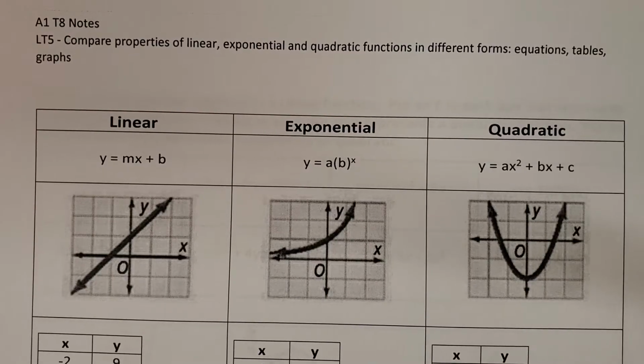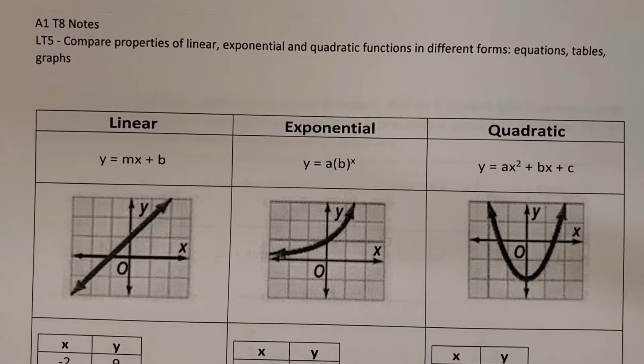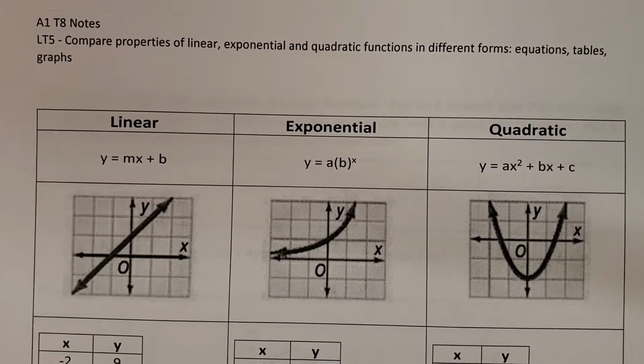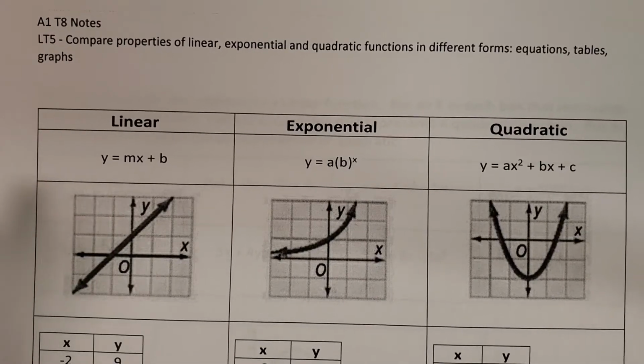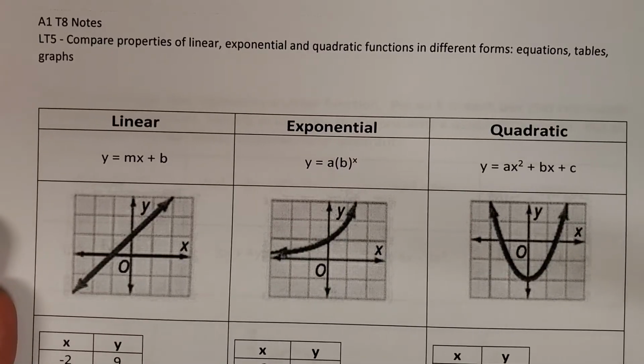Today we are going to talk about learning target 5, which is comparing the properties of linear, exponential, and quadratic functions in 3 different forms: equations, tables, and graphs. So you're going to have to look at a graph, a table, or an equation and determine whether it's a linear function, an exponential function, or a quadratic function. So let's remind ourselves of these 3 things. We've learned them this year, so this should all just be review, but we're going to remind ourselves that a